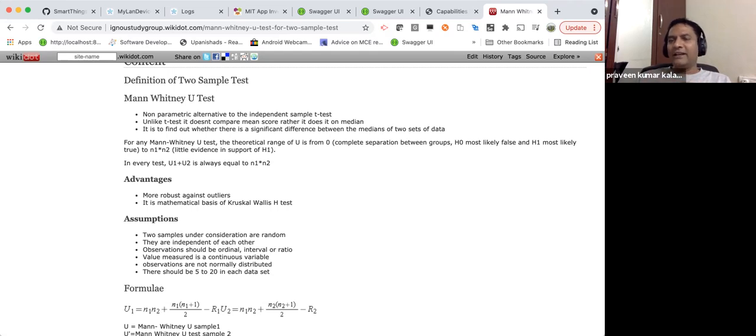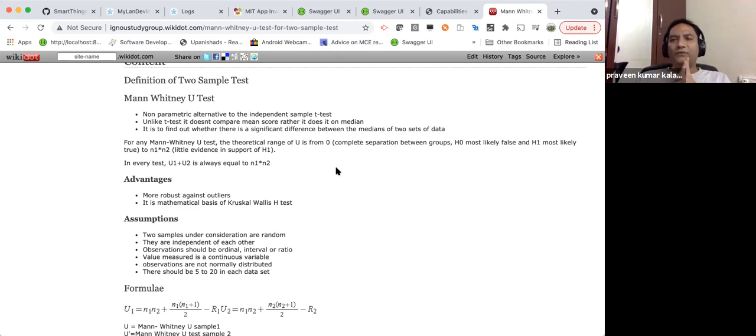This is one of the most important statistical algorithms, and it is very frequently used. To be very simple, it is used to test hypotheses. You are taking two groups and concluding whether these groups are different or the same. That's exactly what you are doing in the Mann-Whitney test. Any questions till now? Okay, there are no questions here.